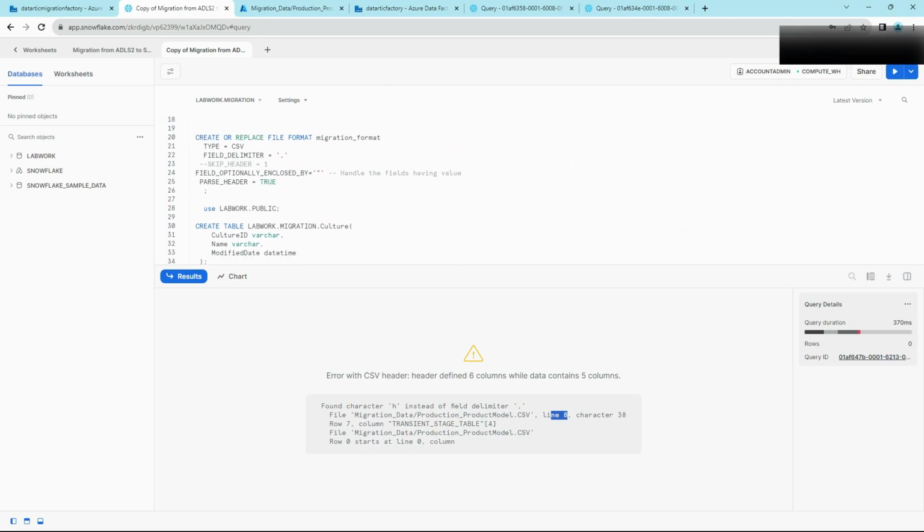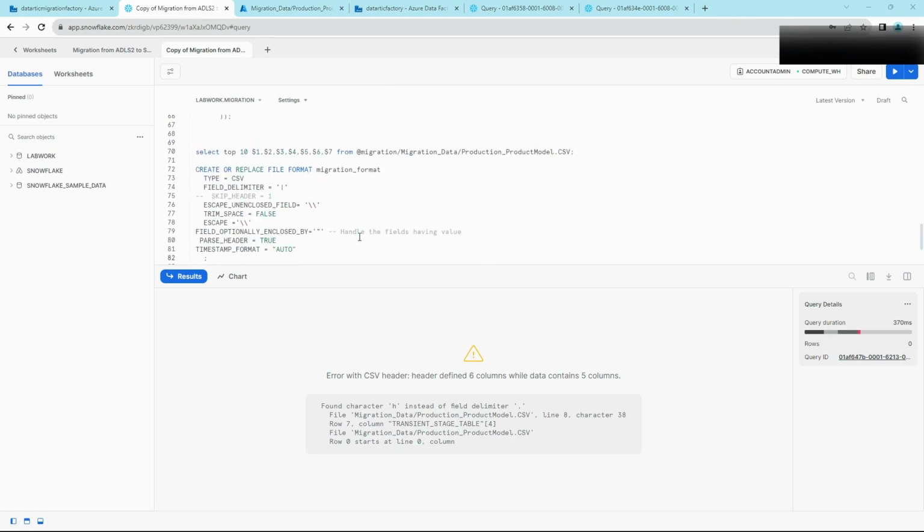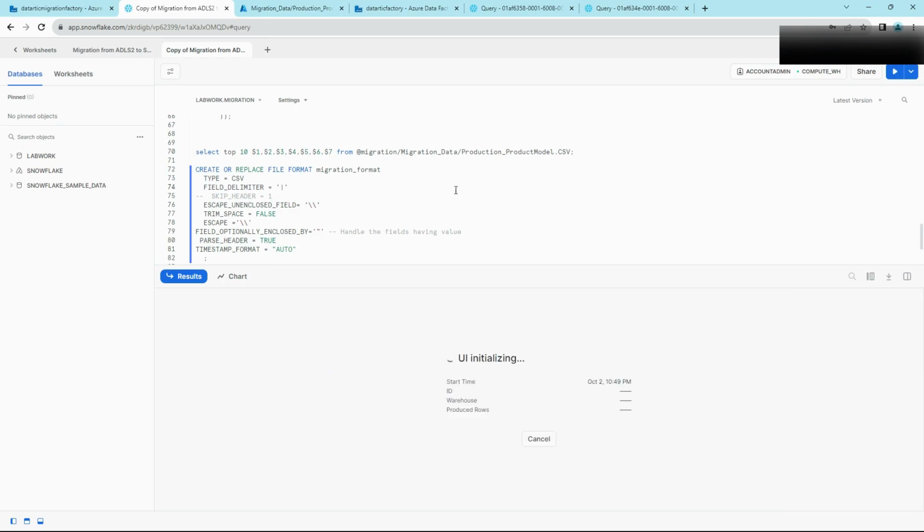Let's create a new file format. Let's give the field delimiter as pipe, and we'll add another parameter here, escape and enclose field. And then this is the escape character that we are defining. And then our field optionally enclosed by stays the same. I've also added timestamp format as auto. So creating this again,